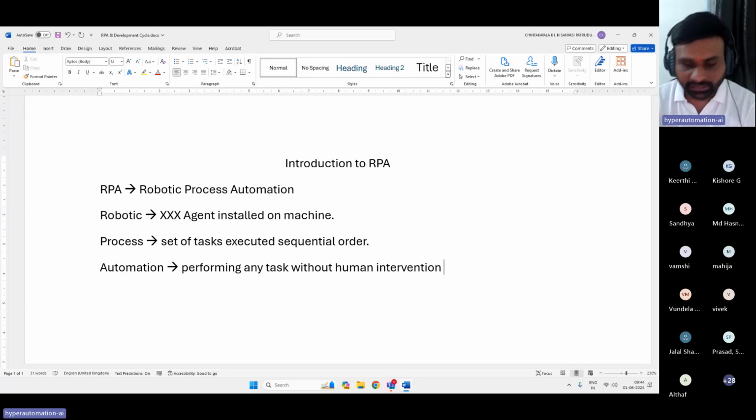Whenever you perform any action without any human intervention, we call it automation. So the combination of these is robotic process automation, which means an agent installed on a machine performing a set of tasks without any human intervention.